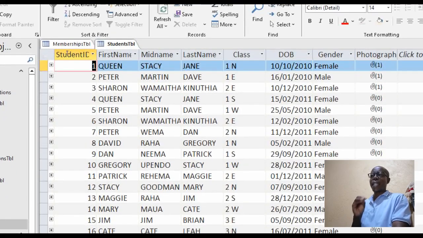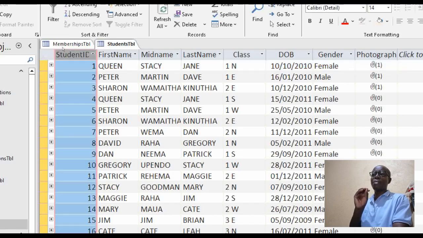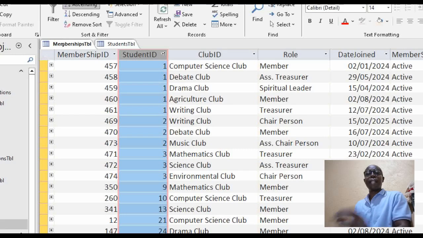All the students are here, including their respective admission numbers. But when a student chooses, like Queen Stacy, who is student ID number 1, to join a particular club, where do we put that information? In Memberships TBL.